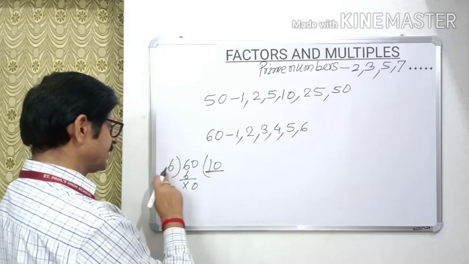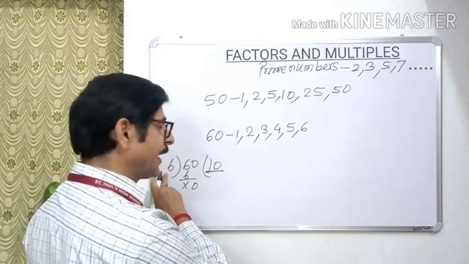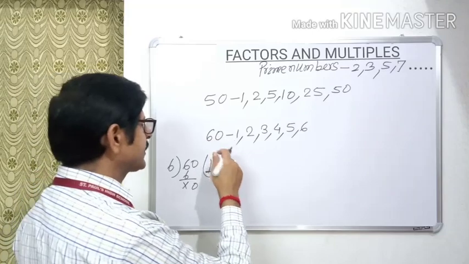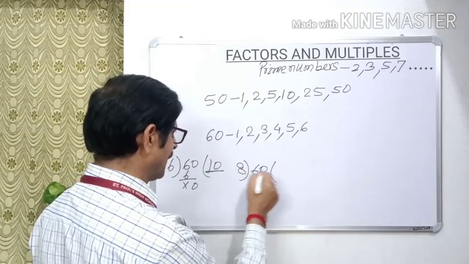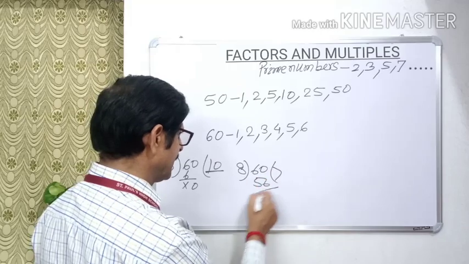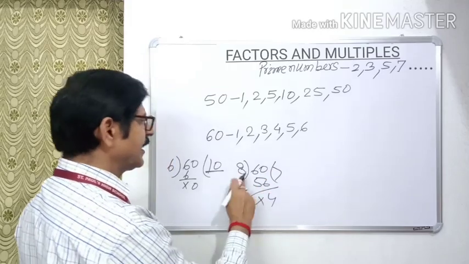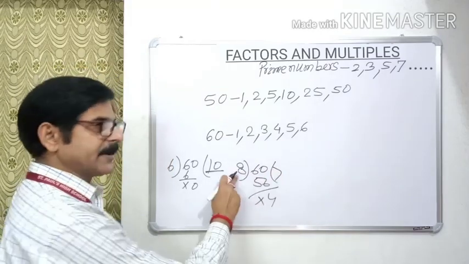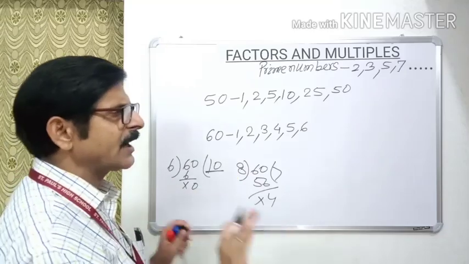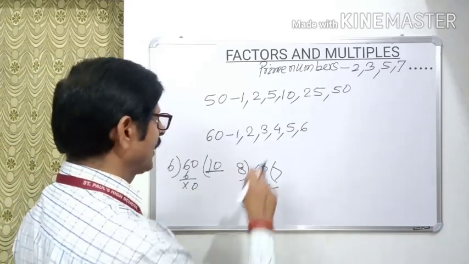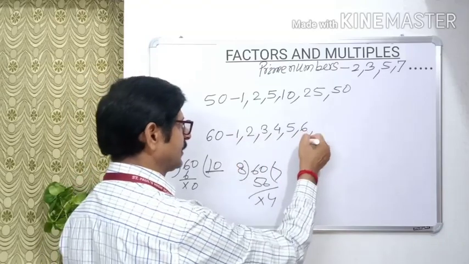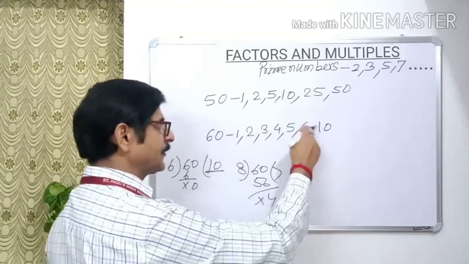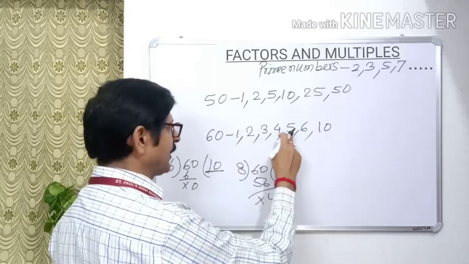The quotient is greater than the divisor. 8 7s are 56. 60 divided by 8, 8 7s are 56. The quotient is clearly less than the divisor. So we are not going to test anymore. Divide this number by 6. 6 10s are 60, right, 10. The quotient we are writing. Divide this number by 5.